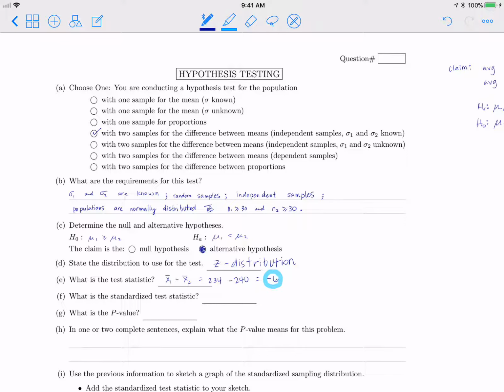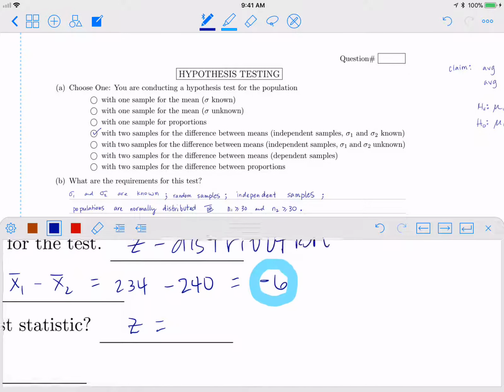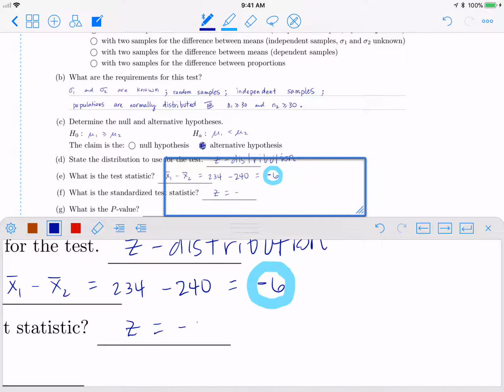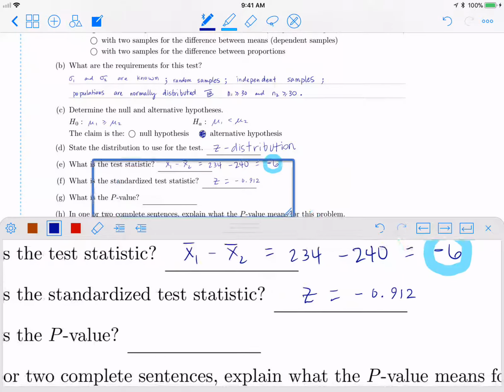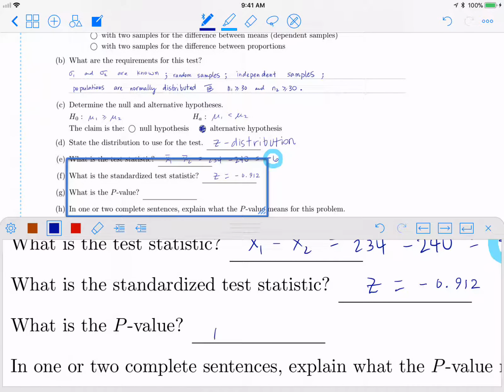Okay, now what is the standardized test statistic? The standardized test statistic is something that is automatically spit out from your calculator when you do your two sample z-test. And the standardized test statistic should be z equals negative 0.912. Okay, the p-value is going to be p equals